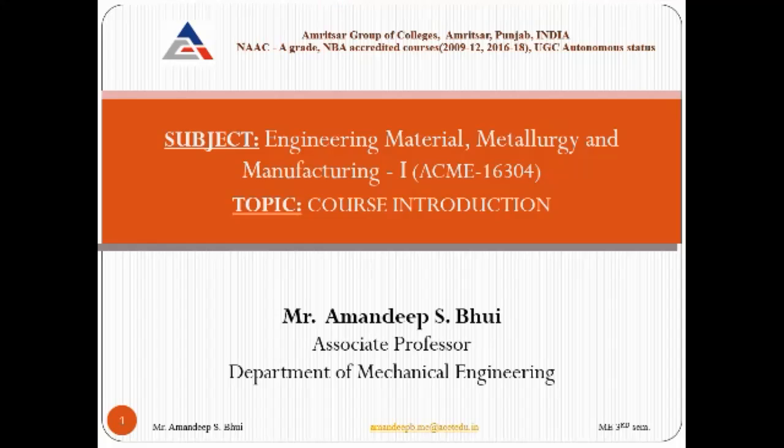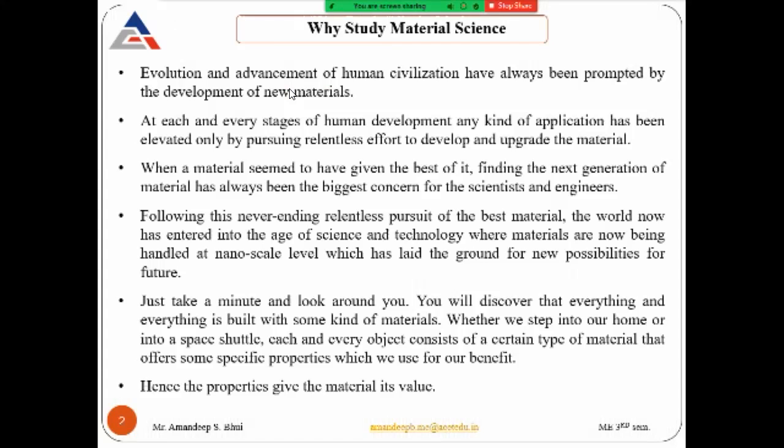So in manufacturing, you not only subtract material, but you add material also, like by using welding process. In welding, we add material. In machining, we remove material from the base material. So if we move on to the next slide, it is why we need to study material